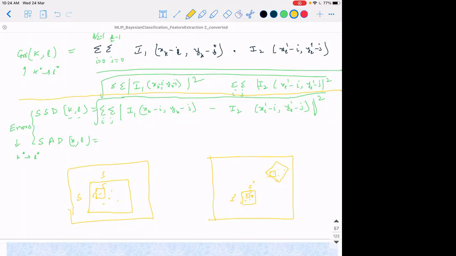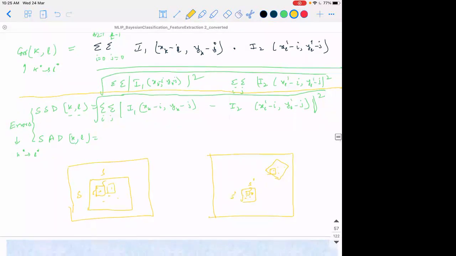If I have a 5x5 region, if the object size is higher here and smaller here, I take a patch of 5x5 here and a patch of 3x3 here, around each key point. I want to match them now. Do you know any feature that will give me the same feature length, even for 5x5 here and 3x3 here? Can you suggest any such feature? Histogram. Yeah, correct. A histogram of the 5x5 patch, if I find.